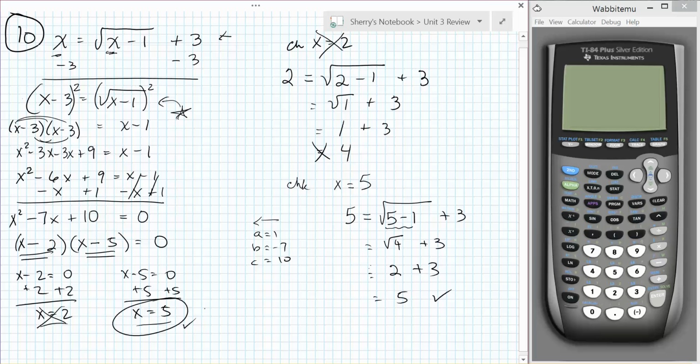x equals 2 was an extraneous solution that was introduced because of the problem-solving process. And that's what you would need to do. Actually make sure that you check both of those answers so that you know that one of those answers is not valid in terms of your